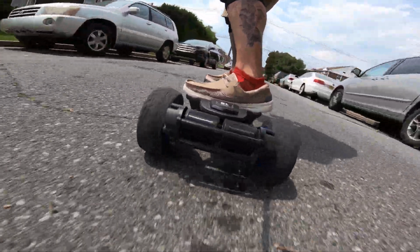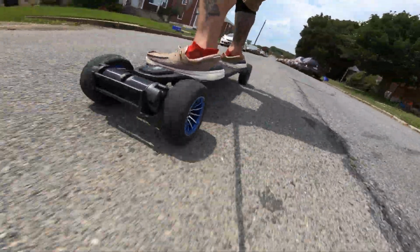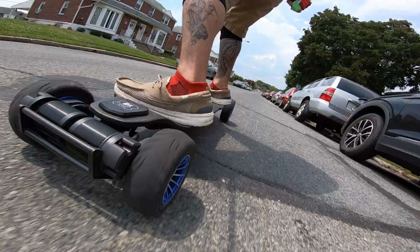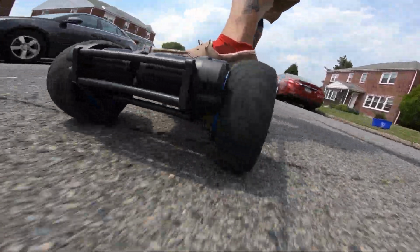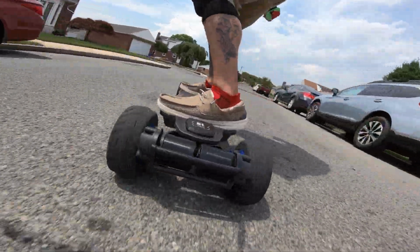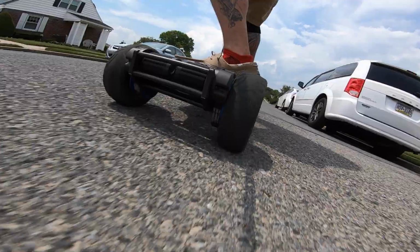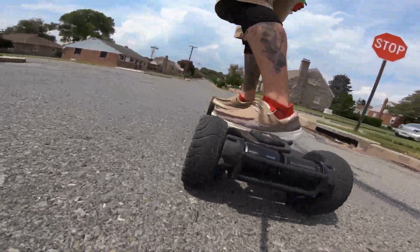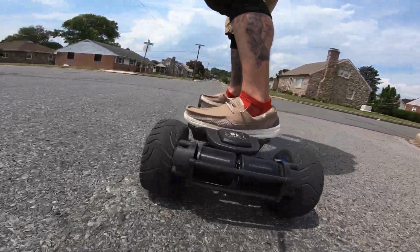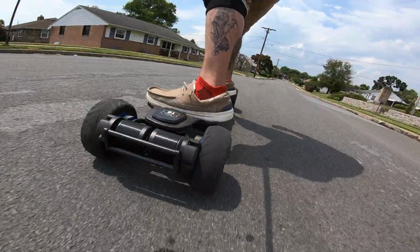So if you were trying to decide which way you would want to go, I think both feel great. If you're not willing to fork over the extra $200 for the gear drive system, the belt's going to be fine. It has its little quirks that you're just going to get used to, but I loved riding it as a belt drive. But if you're someone who's looking for a very smooth ride,